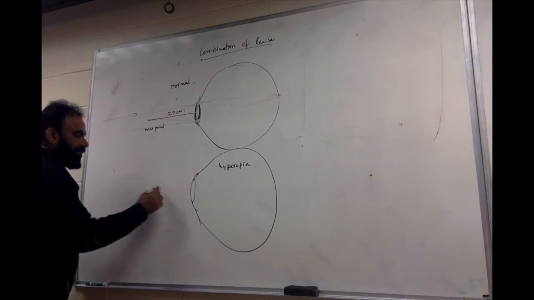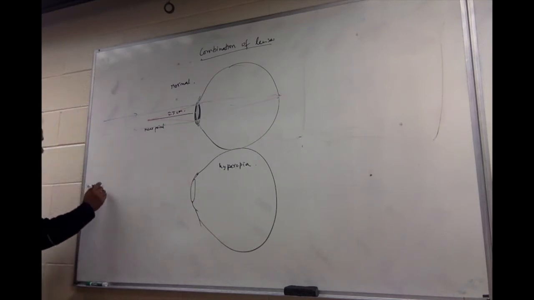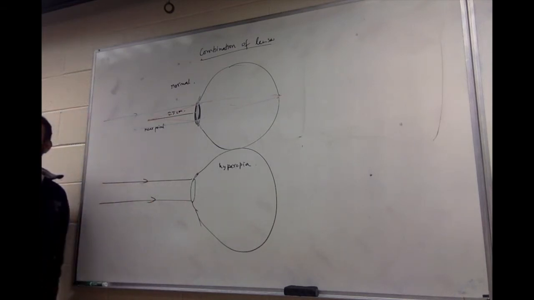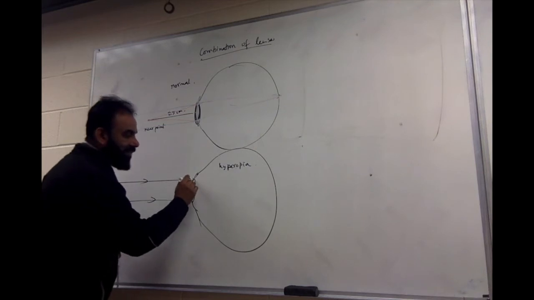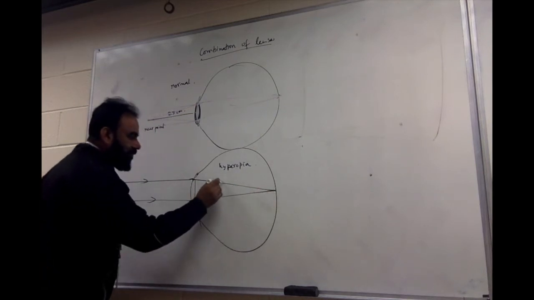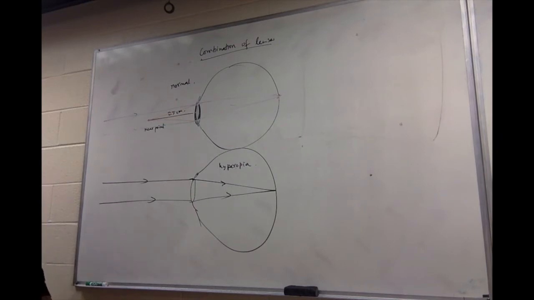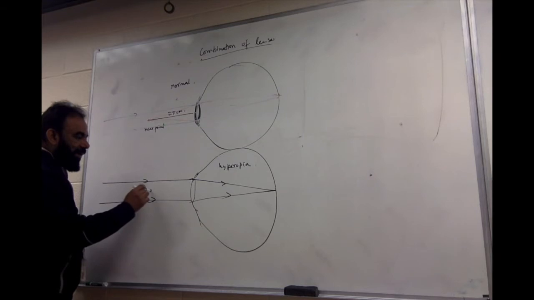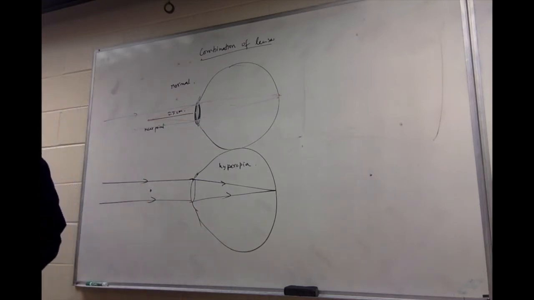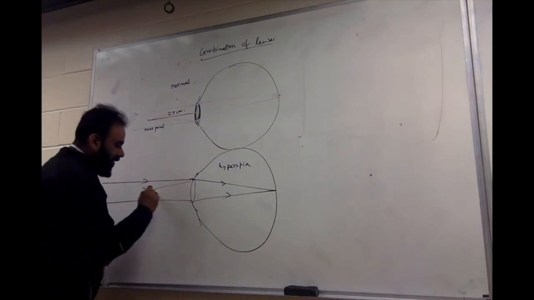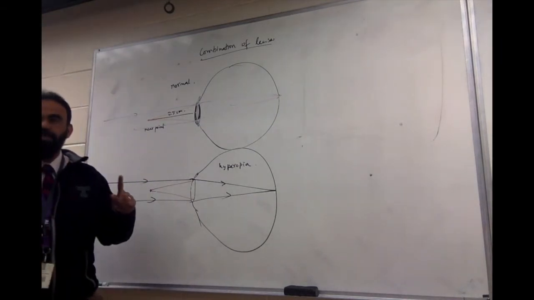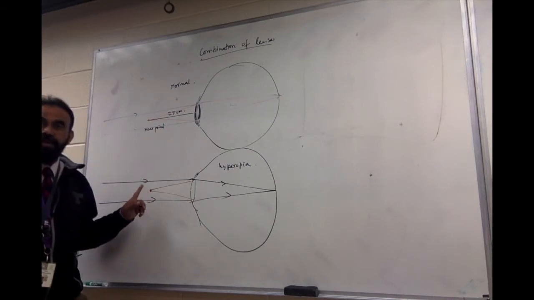So what exactly is that defect? My problem is this. I can see things far away beautifully. If anything is far away, I have no issues because the lens is like this and it's able to fit it perfectly. My problem comes when I try to look at something nearby. The rays are supposed to go from here like this. Now watch this. When I try to focus on something that is nearby,